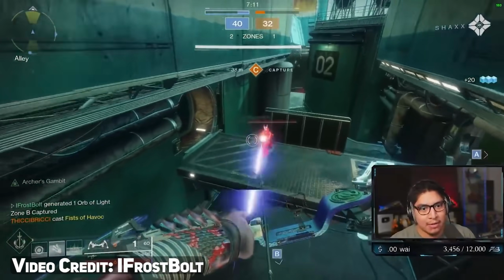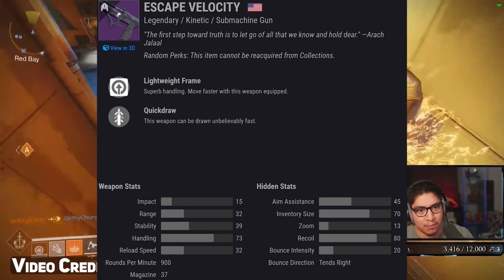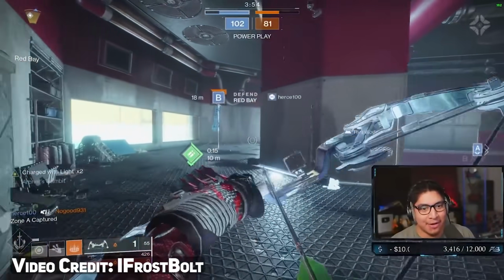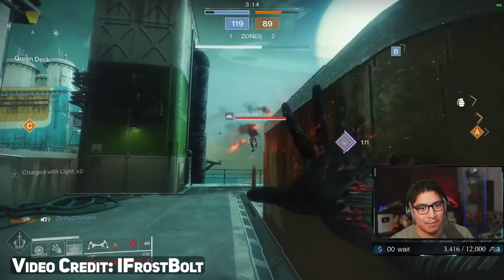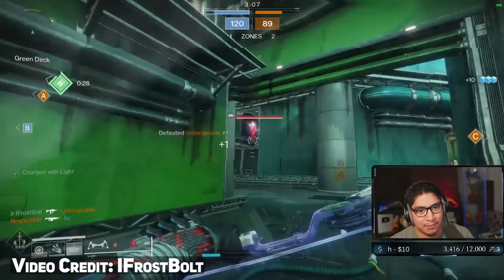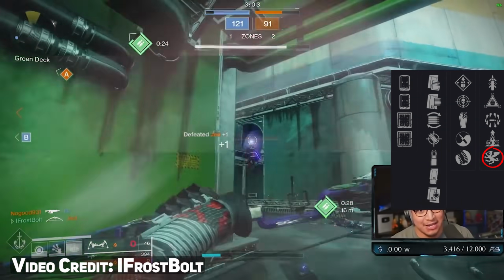Now, an SMG that I want you to consider is Escape Velocity. This is a kinetic 900 round per minute SMG. I personally have kept this one for so long, but didn't really start using mine until here recently. I like Escape Velocity over other SMGs, such as Cold Front or even Friction Fire. Those are still very good SMGs, and if you have a good rolled Friction Fire or Cold Front, by all means, break it out. But the reason why I like Escape Velocity is that it can roll with things like